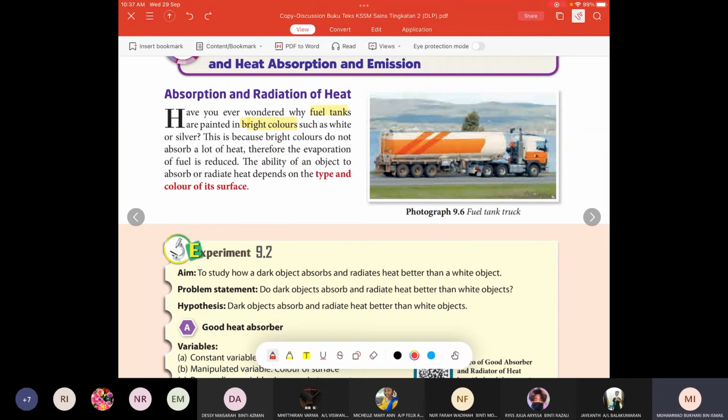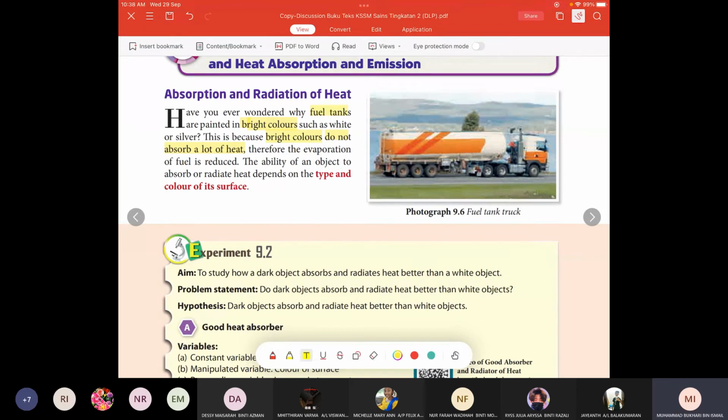This is because bright color does not absorb a lot of heat. This is the main point that we're going to discuss here. Bright color does not absorb a lot of heat. Therefore, the evaporation of fuel is reduced. Because we know that the fuel tank contains a lot of fuel. If it is hot, it will evaporate. So if it evaporates, then the amount of the fuel will reduce when the fuel is transferred to the gas